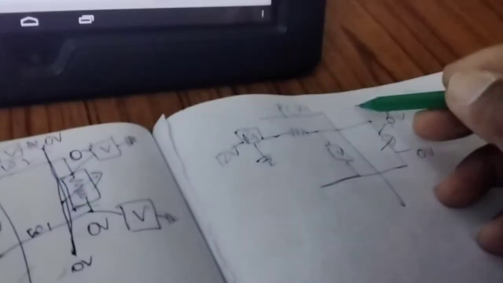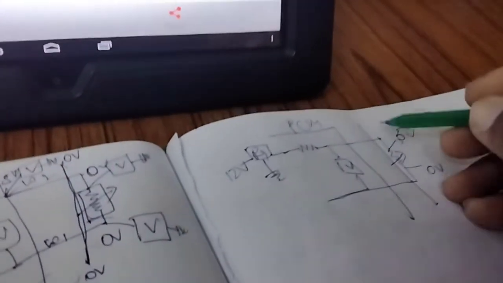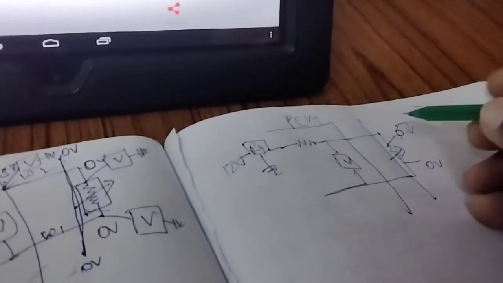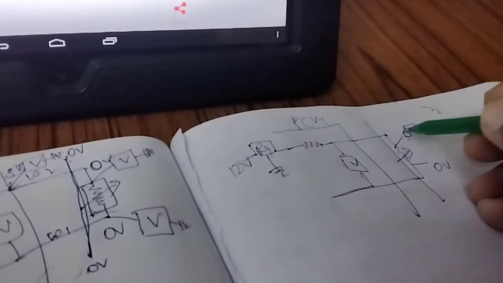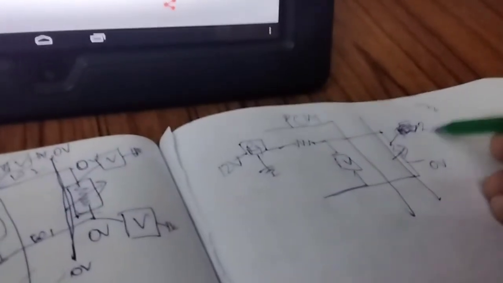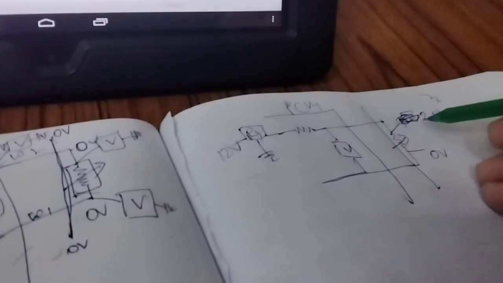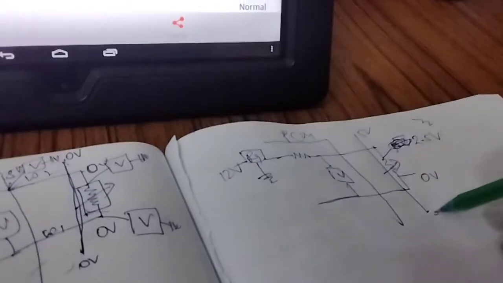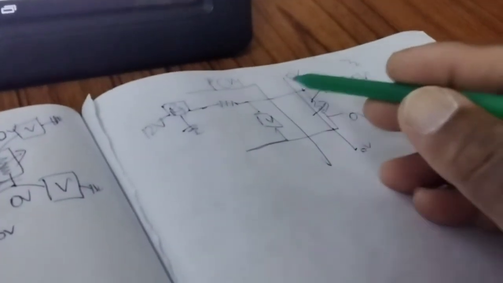Then I asked him to remove the socket, and still he has got the same values. Sorry, he did not have 5 volts here. He has got some value, not 5 volts, which should be the case, say for example 2.5 volts. And then once he removed the socket, he got 5 volts here and 0 volts here. That is a clear indication that the wire was broken, and now it is repaired. And this is all set.